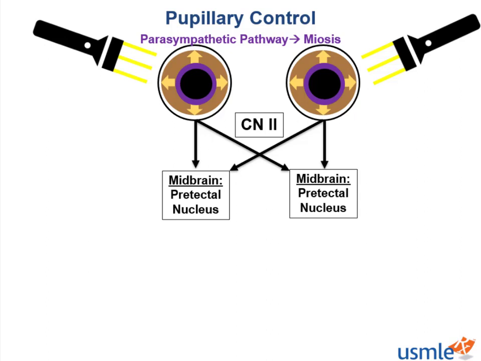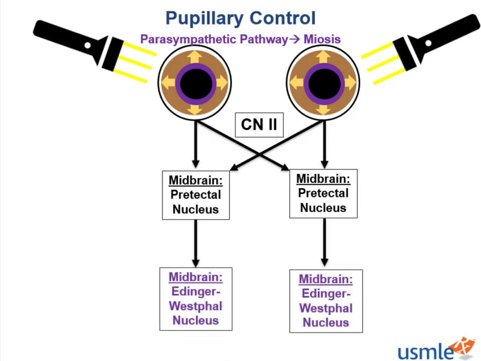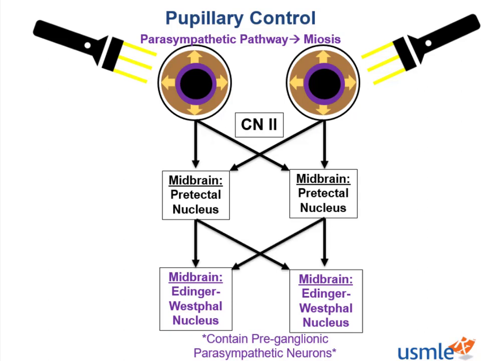With light signals from both eyes, the pretectal nuclei send projections to nearby midbrain structures known as the Edinger-Westphal nuclei. The Edinger-Westphal nuclei contain preganglionic parasympathetic neurons, and that is why the nucleus is in purple. I'll explain what preganglionic means in a little bit. Importantly, you must know that the pretectal nuclei, like cranial nerve 2, send projections bilaterally to the Edinger-Westphal nuclei,